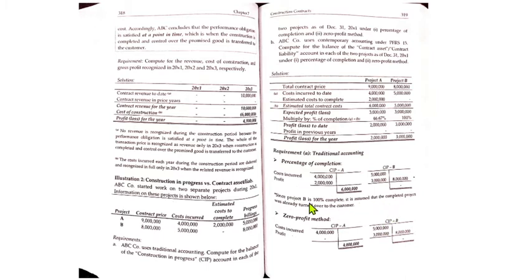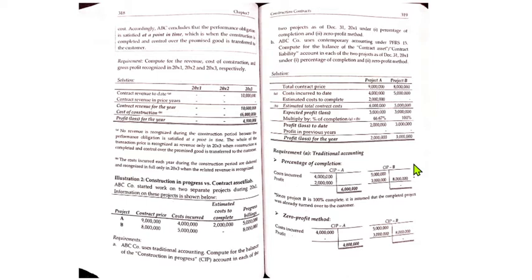Therefore, this is an indication that Project B is already complete. So, kung complete yan, dapat wala ka ng construction in progress account. Kaya zero yan. Remember, kapag na-complete ang construction, yung construction in progress account, dapat wala na yan sa yung financial statement, dapat ay nalipat mo na sa yung asset account. For example, paano maglipat? O debit buildings and then credit construction in progress buildings. Kumbaga, i-eliminate mo yung CIP account.